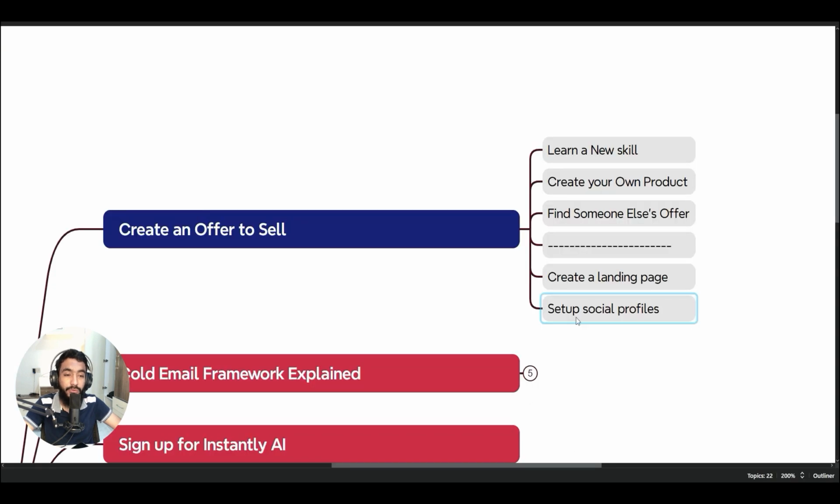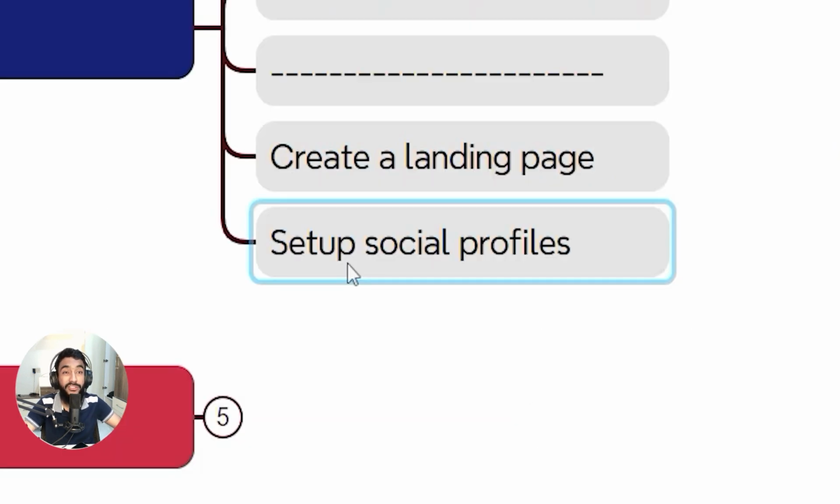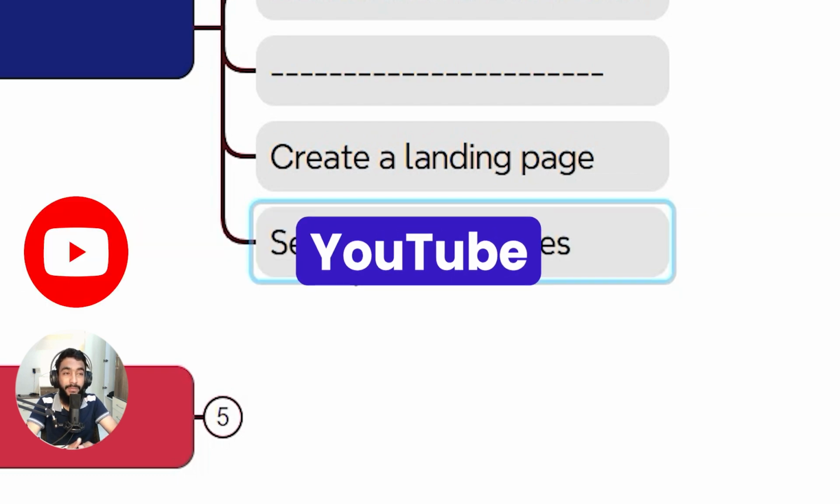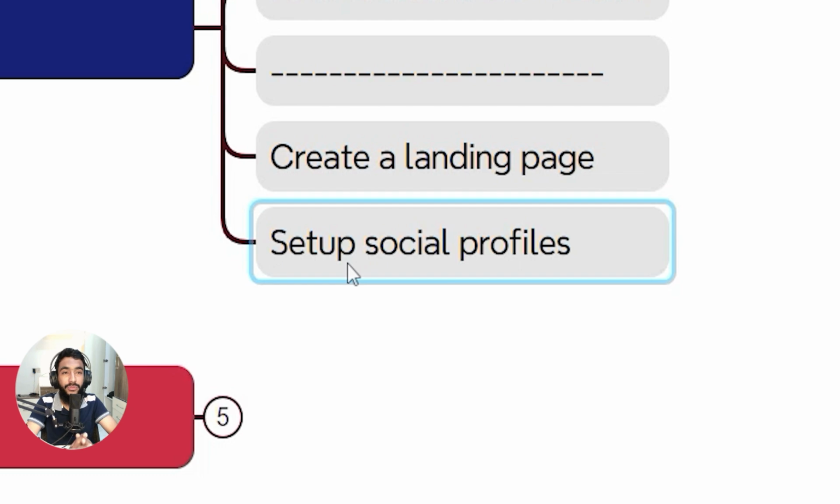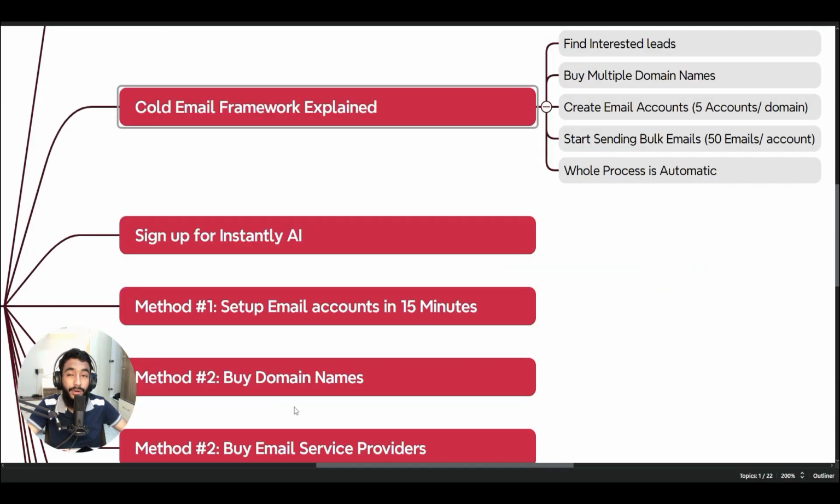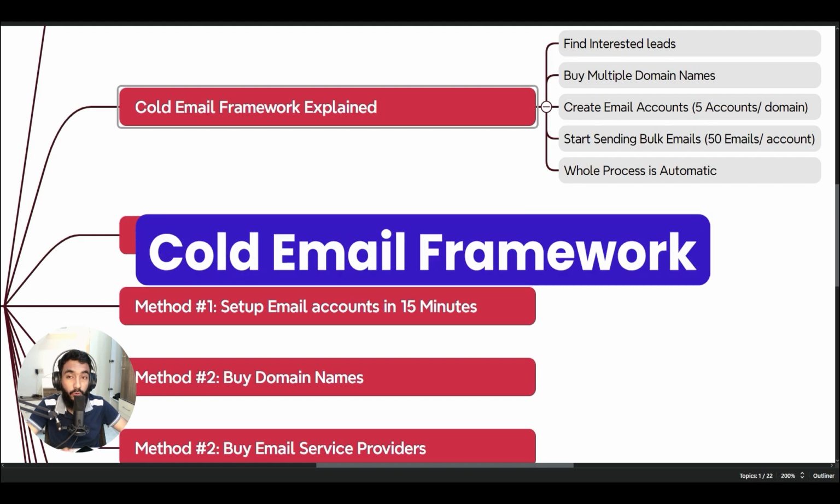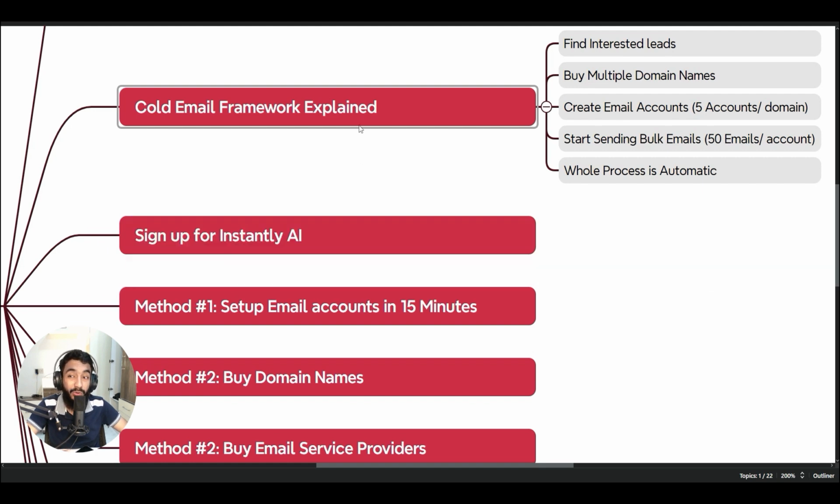After that, you just have to set up your social media profiles to build social proof, like on Facebook, Google My Business, Instagram, Twitter, YouTube, etc. You just have to create your profile so that social proof is built, and now your business is ready to get sold. Now let's learn more about the cold email framework,